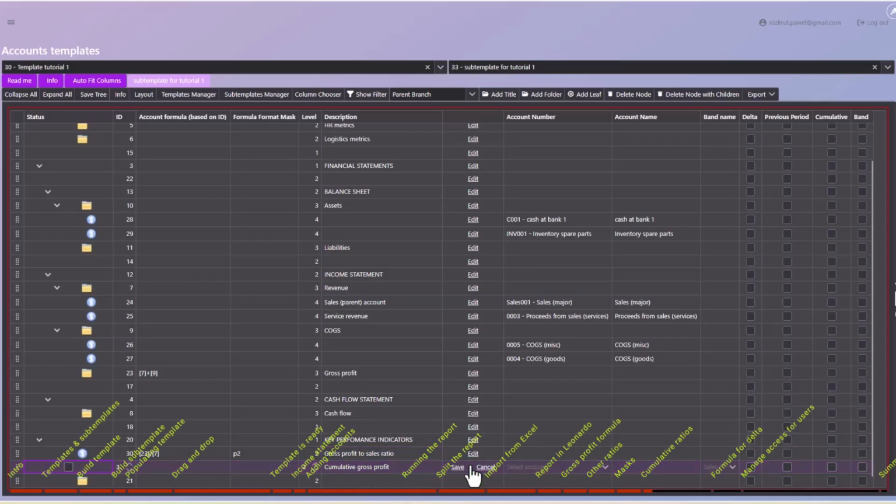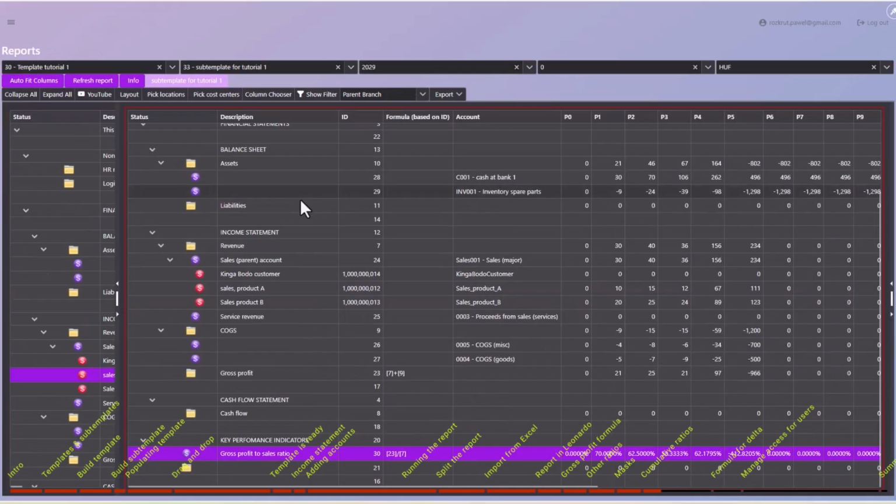And I will say this is my gross profit, ID 23, and actually I want to say it's going to be a cumulative measure. So imagine I can do the same with revenue, and then I can calculate another ratio based on cumulative metric, like cumulative margin. So if I refresh it,